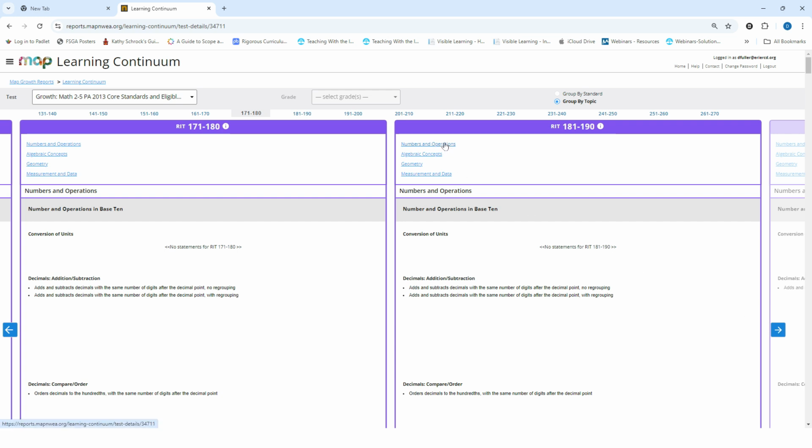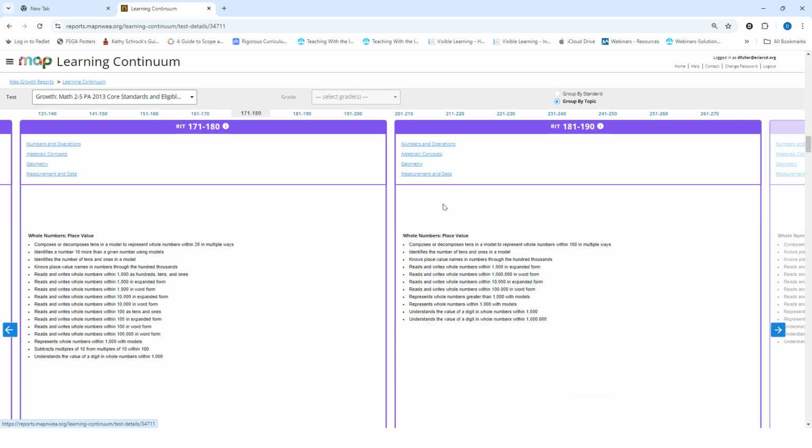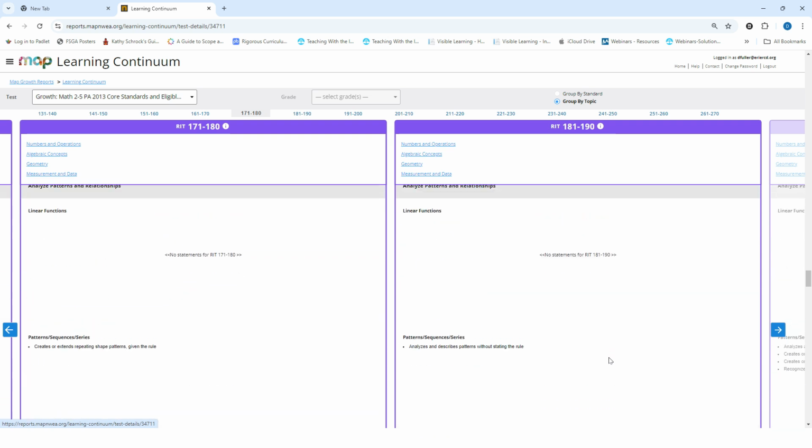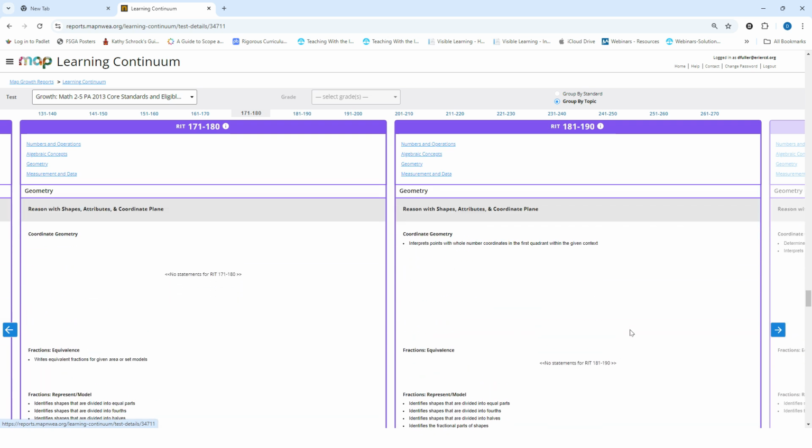So you will see these quick links. I have the ability to move to a specific tested area. So I could click geometry and it will scroll down to geometry, or I can scroll through it on my own and see each of these tested domains. So for example, we're in geometry, we're looking by topic. So the first thing I see, if I have students in this 10-point RIT band of a 181 to a 190,